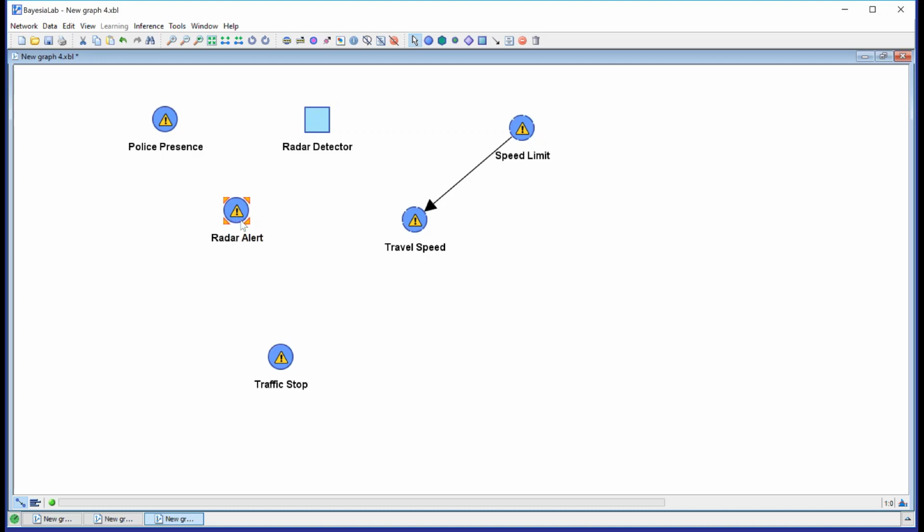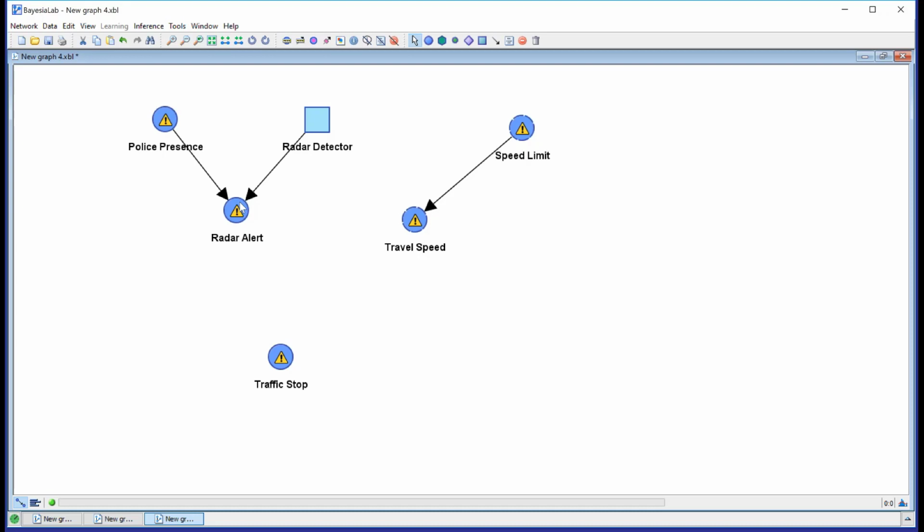So this means whether or not there is a radar alert, true and false, is a function of whether the police is present and whether we have a radar detector or not. Importantly, as we will see shortly, that's not a deterministic node, because there are situations when the police is there and the radar detector doesn't go off, and conversely, we will have false alerts as well.